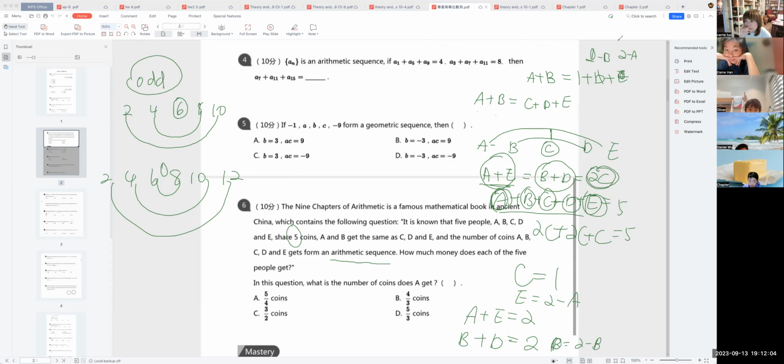Am I right? Okay, so we have 5 minus A minus B equals A plus B, correct? Am I right? So 2 times (A plus B) equals 5. So A plus B equals 5 over 2. Okay, so we know this one is 5 over 2, so A and B. And this one is 1, and this one is C. 好像没什么用，是不是？